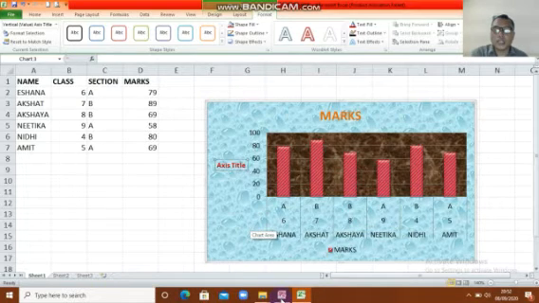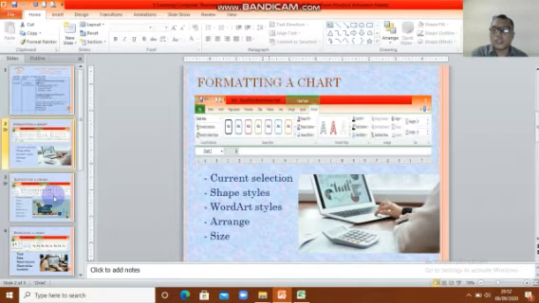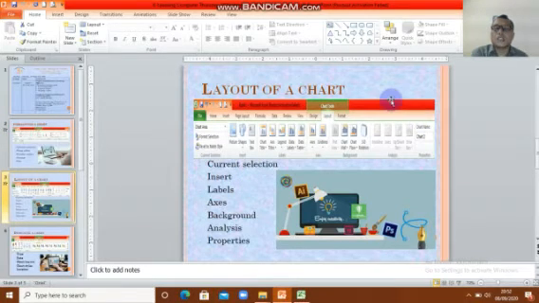Okay, next we see here, after formatting a chart, layout of a chart.